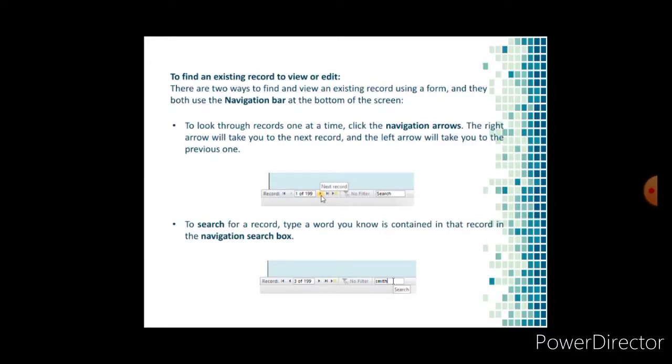The right arrow will take you to the next record and the left arrow will take you to the previous one. Another way to find and view an existing record is to search for a record: type a word you know is contained in that record in the navigation search bar.